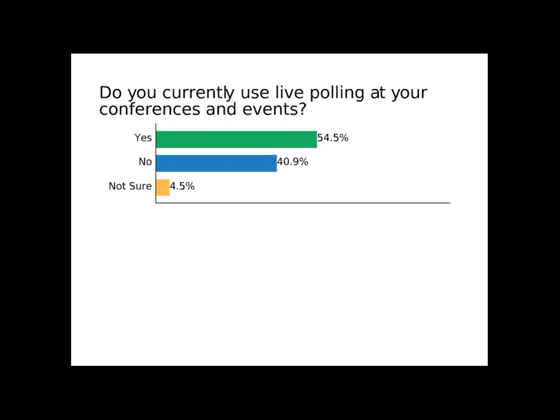For Web Basic, it's moderate to fast, because the Web Basic tools are within a registration system, so there have to be some workarounds at times. The Web Enhanced are fast. The hybrids are moderate in terms of development time, and obviously for those of you that have ever dealt with a native app, it's much slower, and a big chunk of that slowness is that it has to go through the approval process.